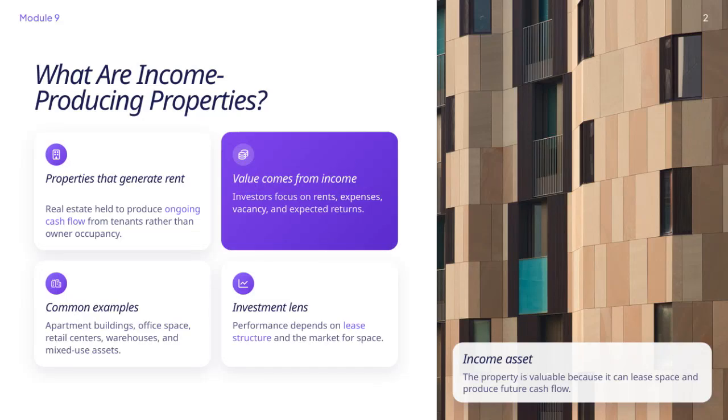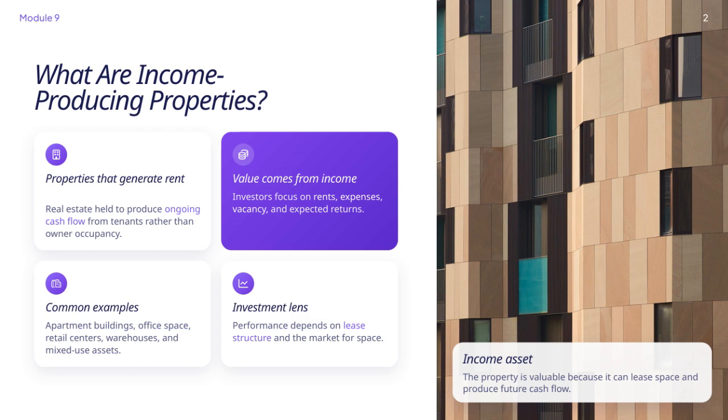Income-producing properties are real estate assets specifically held to generate ongoing cash flow through rental income, rather than being occupied by the owner. The key idea here is that their value is directly tied to the income they produce. Investors focus closely on factors like rents, operating expenses, vacancy rates, and the potential returns they can expect from these properties. Common examples include apartment buildings, office spaces, retail centers, warehouses, and mixed-use developments. The performance of these properties largely depends on the lease structures in place and the demand for space in the market. Ultimately, these income assets are valuable because they can consistently lease space and deliver future cash flow, making them